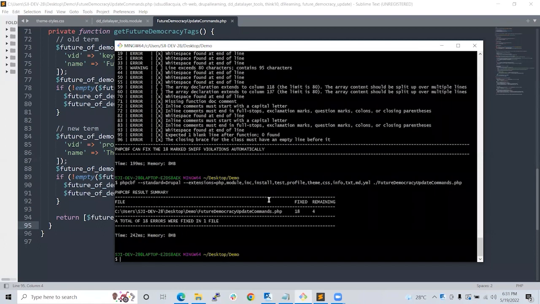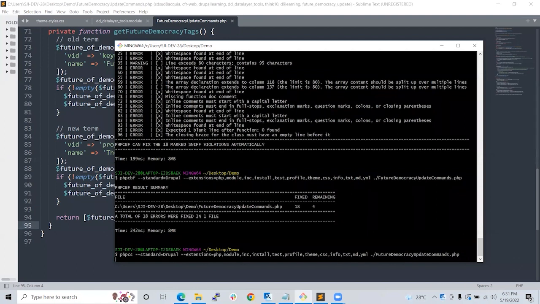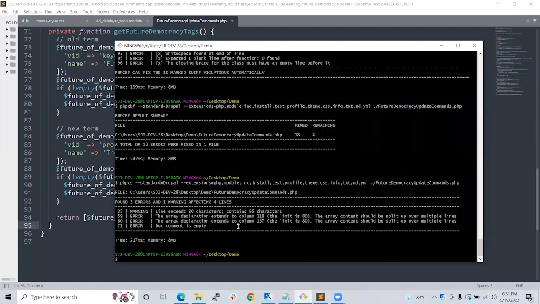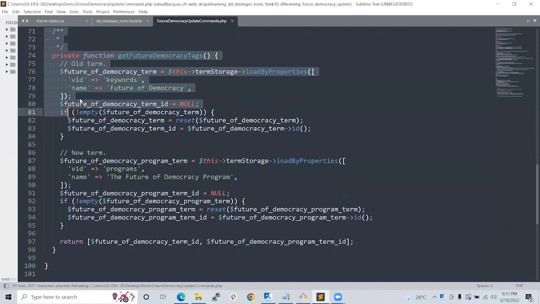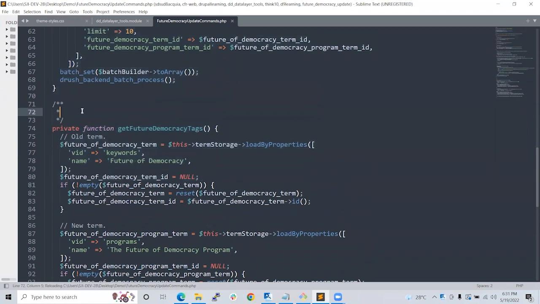After running the beautify, we have 18 fixed and 4 pending, because of the character line limit. And one is coming at line number 71, because the documentation part is empty, describing what this function is returning.